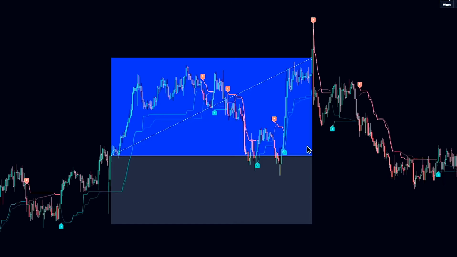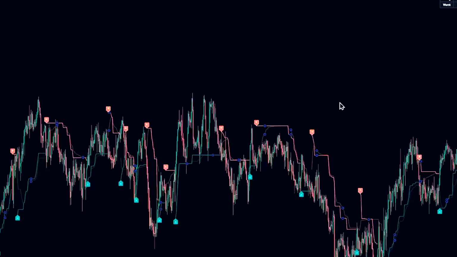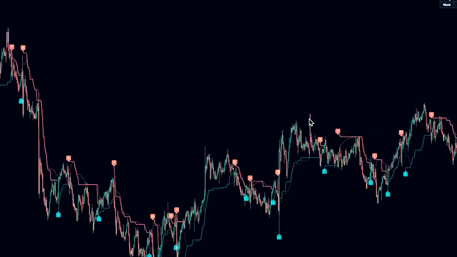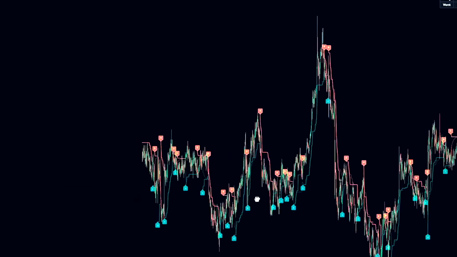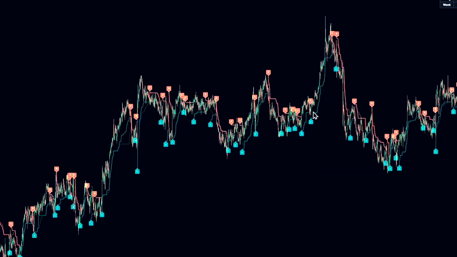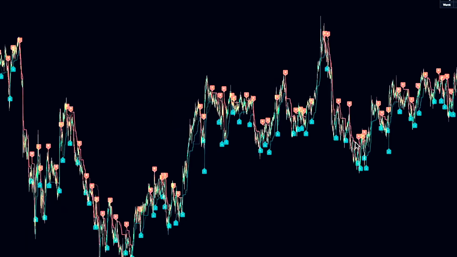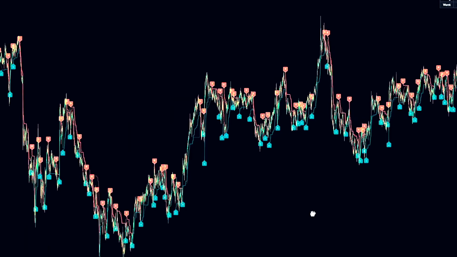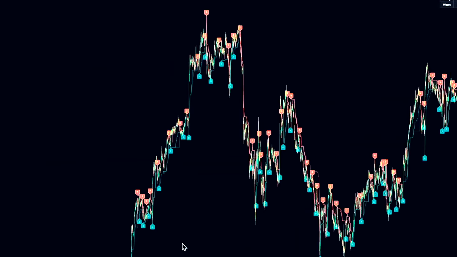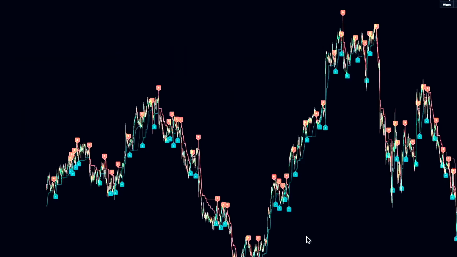Now let's talk about how to actually trade with this indicator. Just because a signal shows up with a high confidence score doesn't mean you should act on it automatically. Like any tool, it works best when you use it alongside your own technical analysis, looking at price action, patterns,